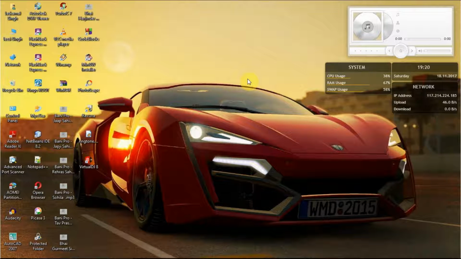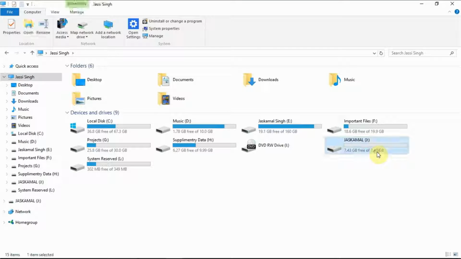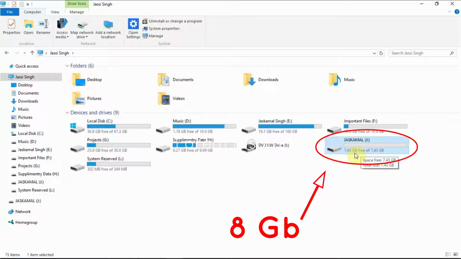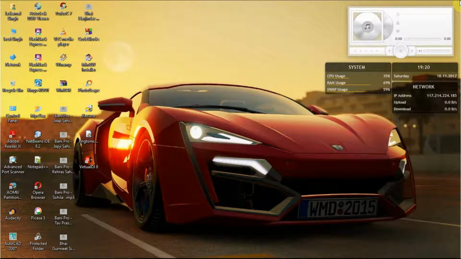Today I am going to tell you how to convert your pen drive, memory card or any external media to a smaller size, like 8 GB to 1 GB, 16 GB to 1 GB, 16 GB to 100 MB, anything you want. So here I am inserting my 8 GB pen drive. Here you can see the total size of the pen drive showing is 7.43 GB, approximately 7.5 GB. So today in this video I am going to show you how to convert this pen drive into a smaller size, like I am converting it into a 1 GB pen drive.